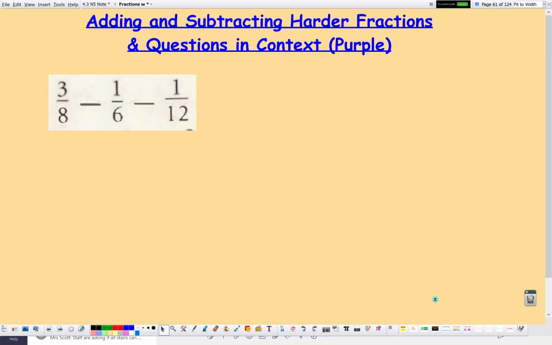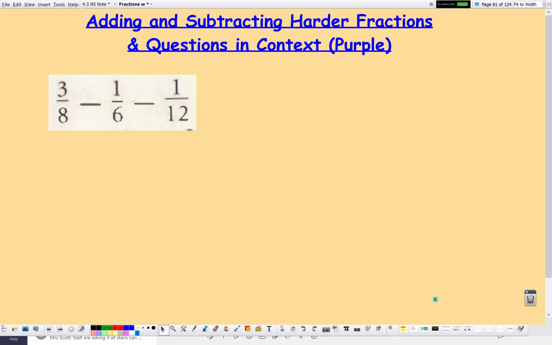So the first one is where we have three fractions here. Okay, so we've got 3/8 take away 1/6 take away 1/12, and that is our problem, and we need to work out what is the resultant fraction. Even if there's three fractions, it doesn't matter. The same fundamental rule applies, is that we need to get the denominators all to be the same in order to add or subtract. Now, you could just isolate the first two and deal with the eighths and the sixths and work that out, and then separately do the twelfths, but